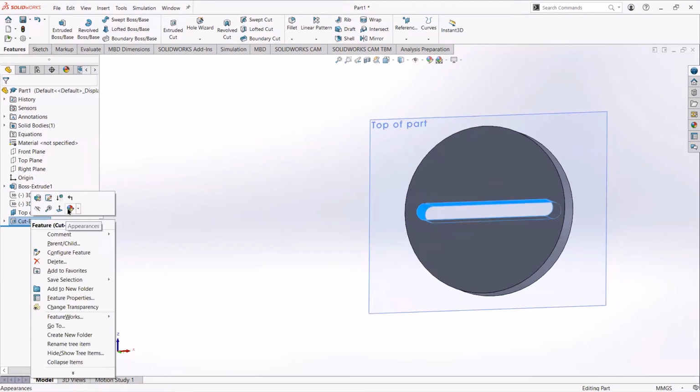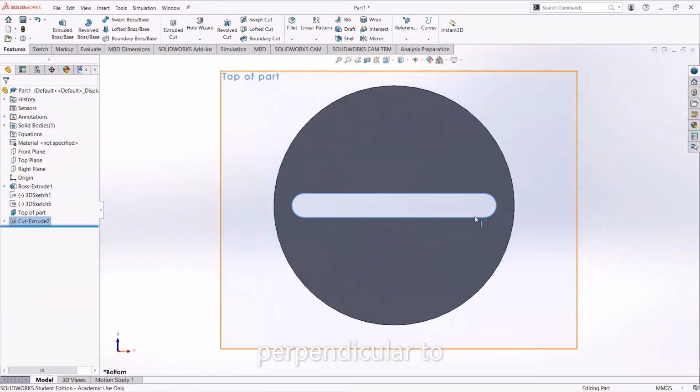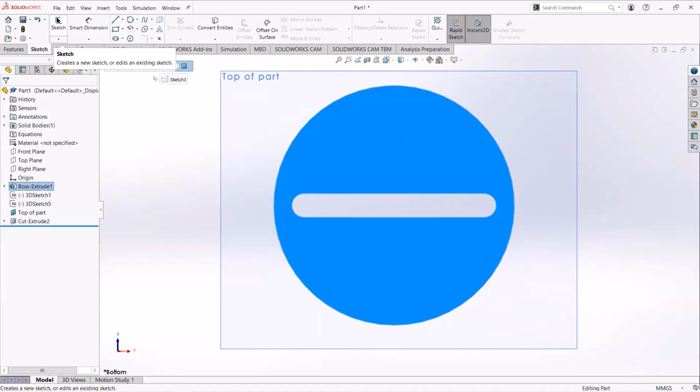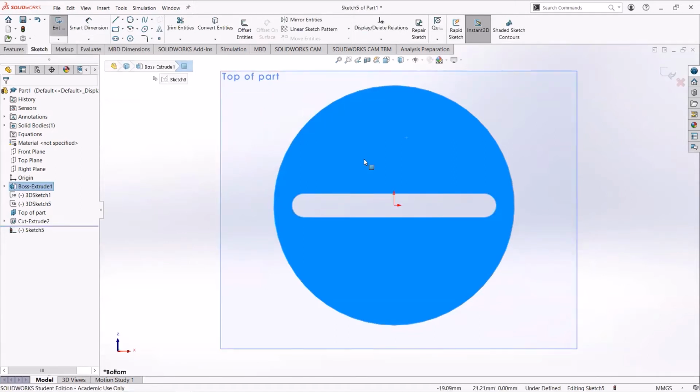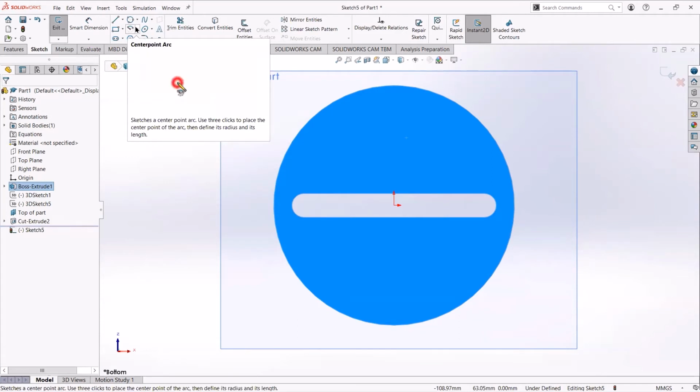Okay, so now we're going to go parallel to that extrude cut. Right click and then parallel to. And then what we're going to do now is another sketch. So we're going to click on that surface, and then we're going to go over here to the sketch tab, and then to the sketch button. So now that we've done that, you should see the origin again. And from here, we're going to click on